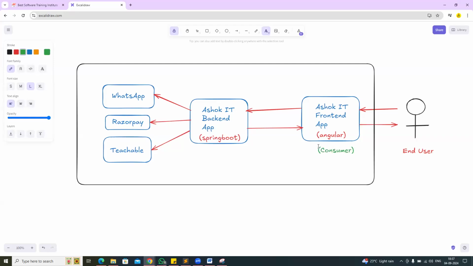Ashok IT front-end application is a consumer application, and the backend is a provider for the front-end application. This is the Angular application, which is a consumer. So it is getting the services from Ashok IT. So the Ashok IT backend application is acting as a provider for the Ashok IT front-end application, and